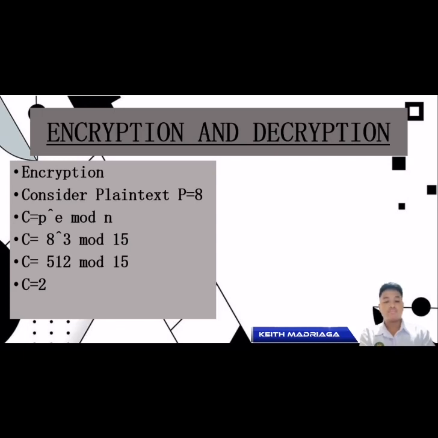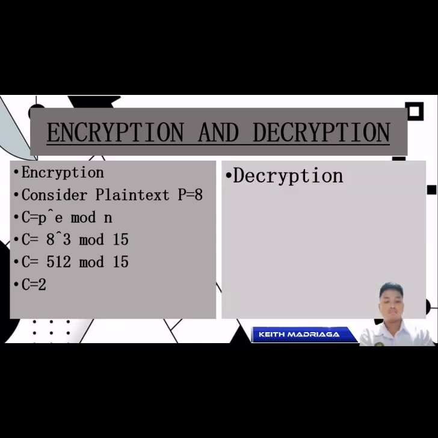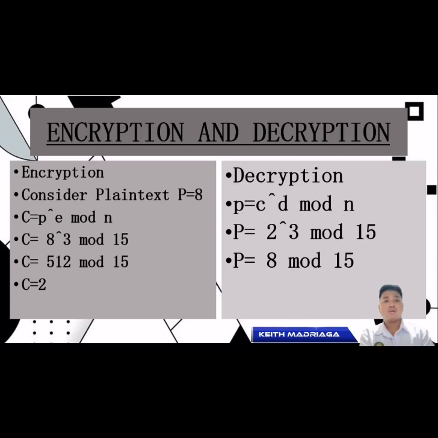For decryption, we can use the formula P is equal to C raised to D mod N. So P is equal to 2, which is the ciphertext, raised to 3, which is the value of the private key, mod 15, which is the value of N. Now P is equal to 8 mod 15. The plain text will be 8. So that is the process of